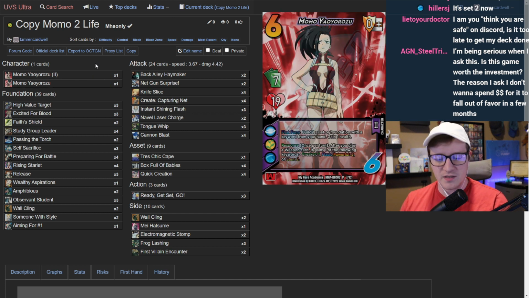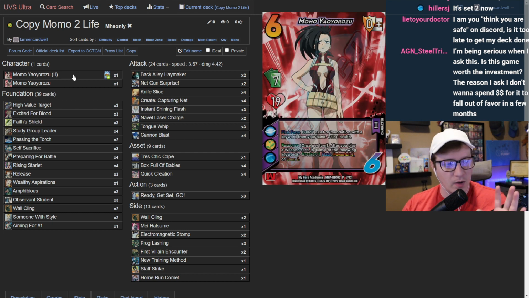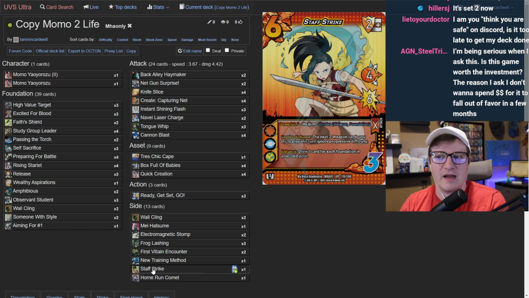Right. So let's just talk about stuff. First and foremost, let's keep with Momo 2. Staff Strike is not inside of your deck. So the reason Staff Strike isn't,